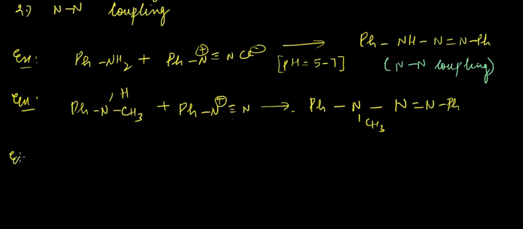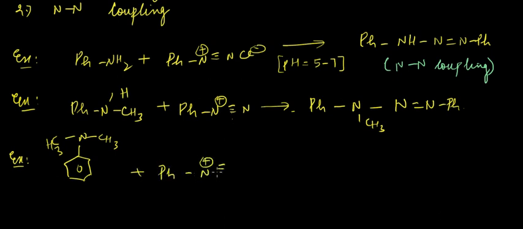Okay, another example, we have CH3 here and CH3 here, and we have again pH. This lone pair of this nitrogen atom will attack on this nitrogen atom to form something like